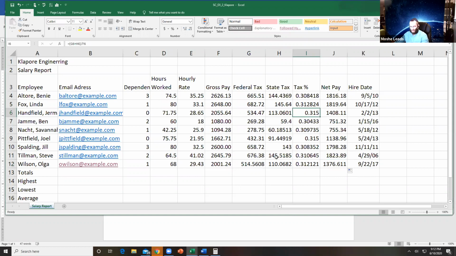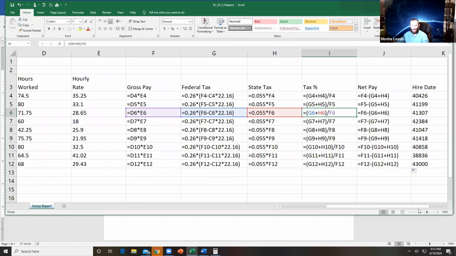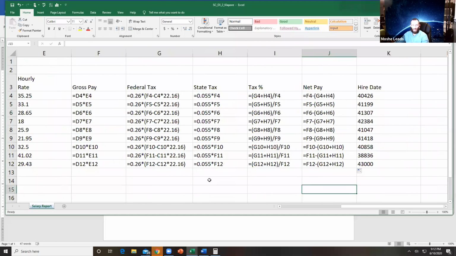Okay, so what I'm going to do is show you my formulas. This is the formulas that you should have. By the way, how do I say this? You could show formulas by control and I don't even know what this part on the keyboard is called, but